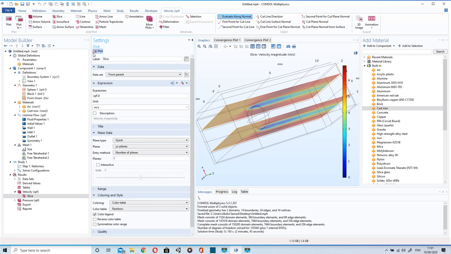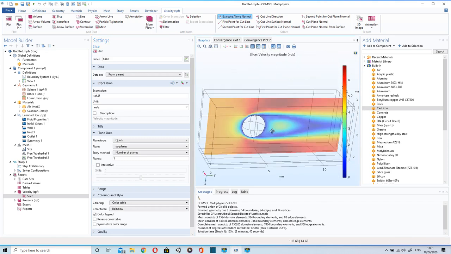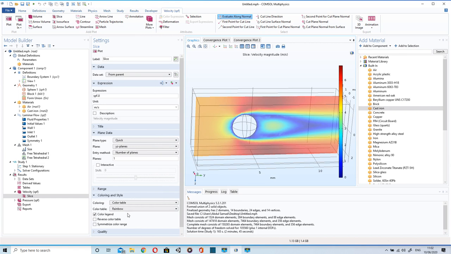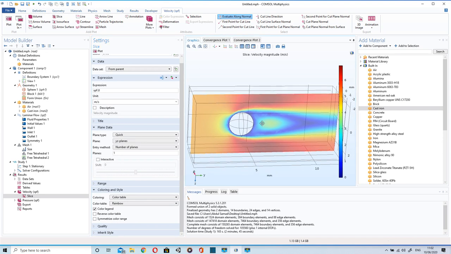Let's see a single plane. The velocity distribution around the sphere is given. The velocity varies from 0 to 6. Input velocity was 5, but the velocity reaches up to 6 or above.